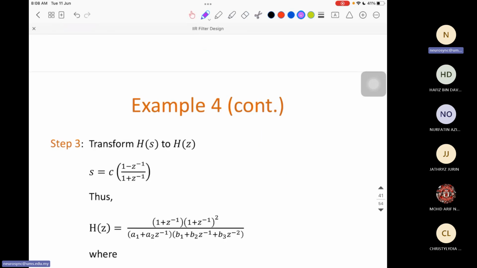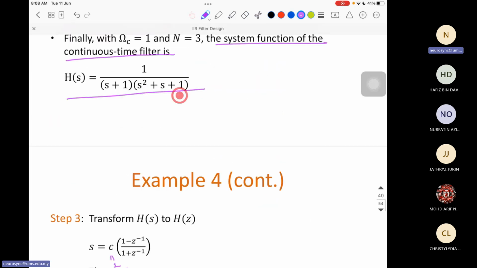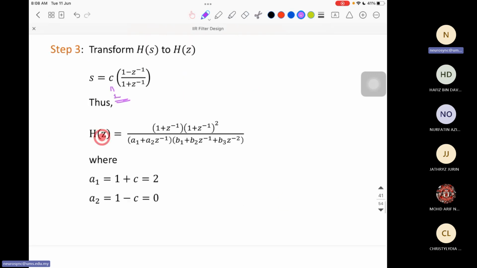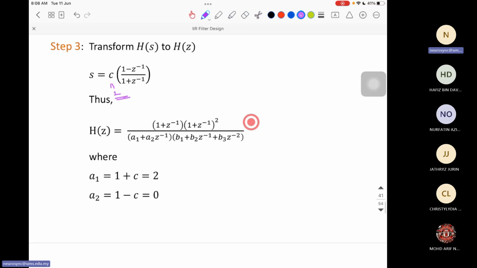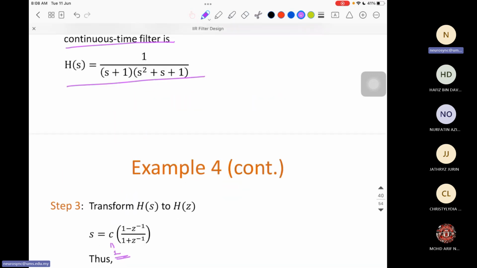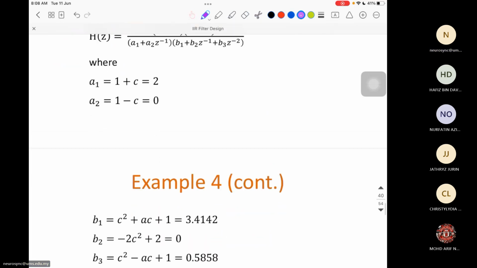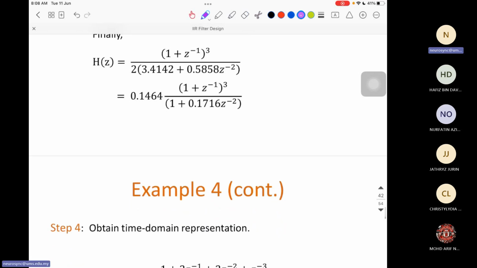Here we know the value of c, which is equal to 1. We have already calculated it. So I can put the value of s in this expression and find the expression for H of z. Here you can calculate a1, a2, b1, b2, b3. Otherwise, if you solve using this, you will get the final expression like this. So H of z you will get